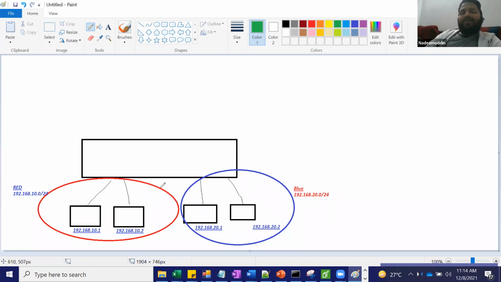So how are you going to achieve that? Trunk, we have to make trunk. We have to add an extra router. You have to connect a router to communicate between different VLANs.